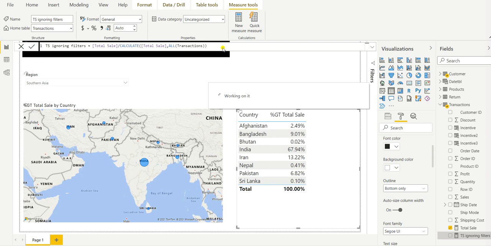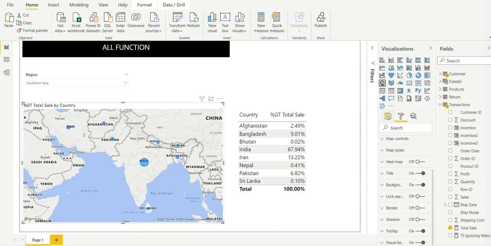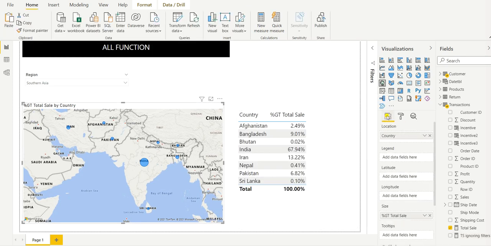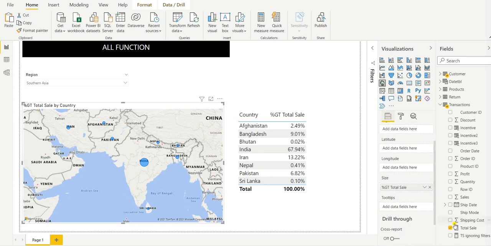So now we have done the DAX function. Now we want to show it as a percentage. So we will click on this measure and simply click on the percentage icon. To show it in the map, we have to go to the fields, and in the tooltip section drag this new measure.